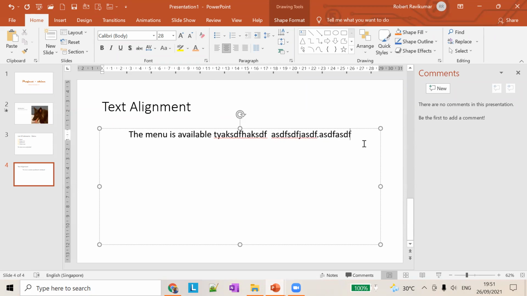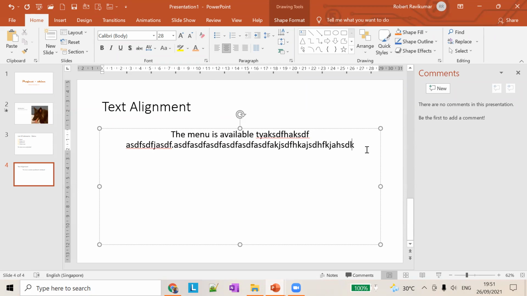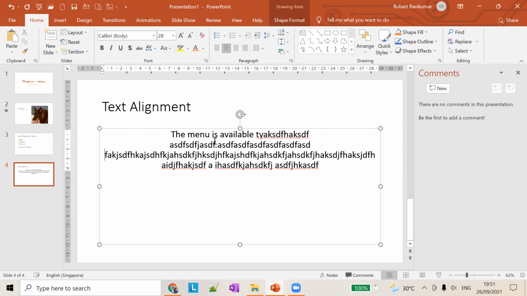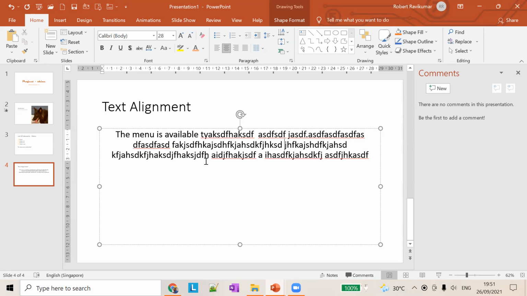If you have a lot of text like this, now you can see the starting and the ending of the lines doesn't match properly.